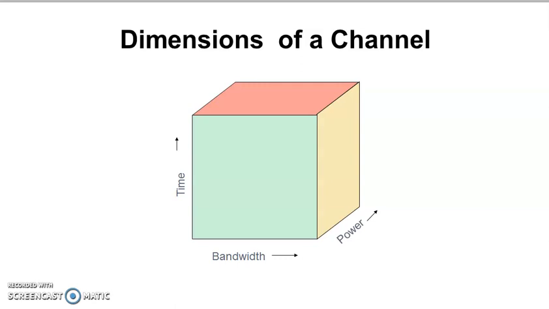Now consider the dimensions of a channel. A channel can be described in terms of frequency, in terms of output, that is the maximum power, or in terms of time. These are shown in the dimension diagram. FDMA means we share the bandwidth. We share the time in a time division multiple access system. And we share the code in the CDMA technique.